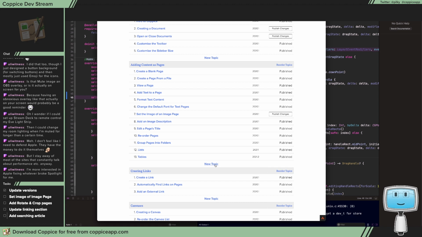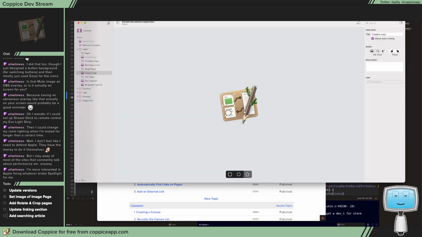Right, so we've got the image page done. Now, ooh, that's a fair point. Never took screenshots of the rotate icons. So,